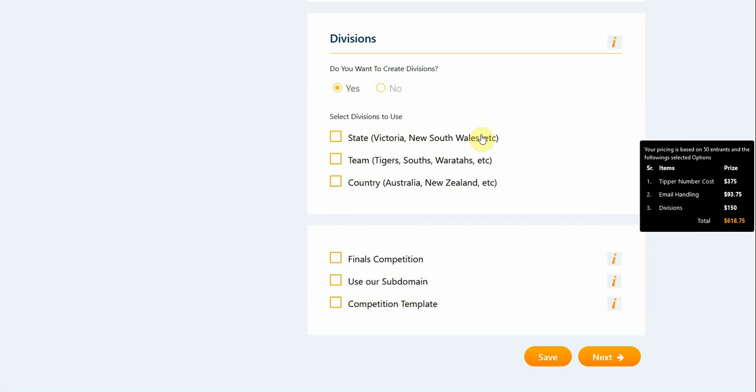The first one obviously is state, if you're in a country that has states, such as Australia and America. And this will create a ladder based on states. So if somebody joins and they select that they're in New South Wales, they will be a part of the overall tipping competition for your business, as well as getting a rank and being in the ladder for just New South Wales. And on top of that, we will have a ladder or ranking for each of the states, which uses the average over each of the entrants from each state to give them an overall score per round and